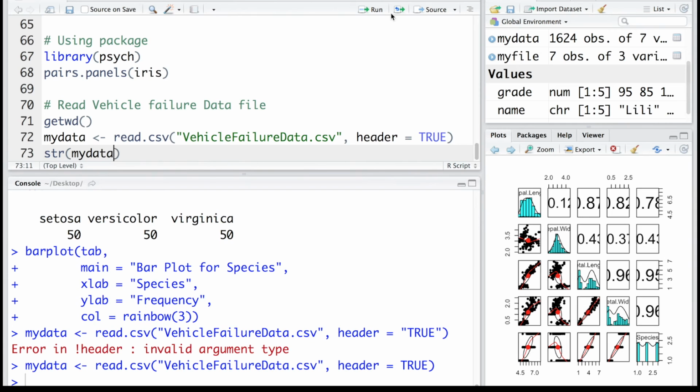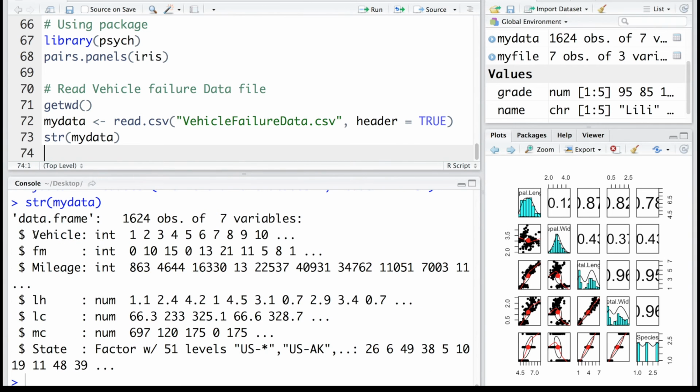my data. So it has several variables like vehicle number. This is an integer variable: 1, 2, 3, 4. And then we have FM, which is failure month. 0 means this car failed even before completing the first month. The second car failed after 10 months and so on. Then you have mileage at failure